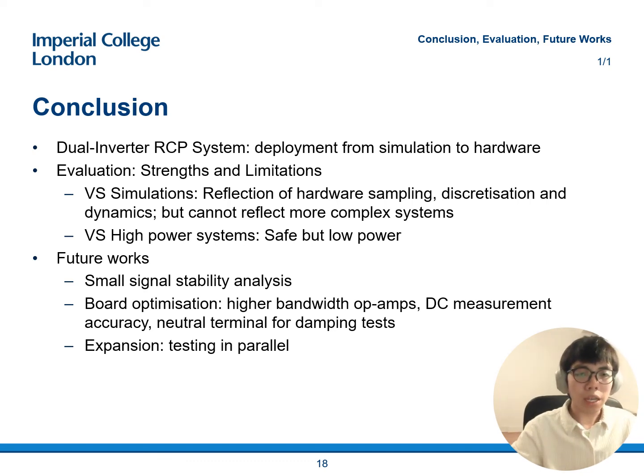Of the 3 future works that I've mentioned on this slide, I think the most important future work here is a small signal stability analysis, because at the moment I can't control the currents of the grid following inverter to 0 when both inverters are operating in closed loop, which shows that there might likely be some sort of an unstable node. So if I were able to model the current controller as a circuit impedance in series with the